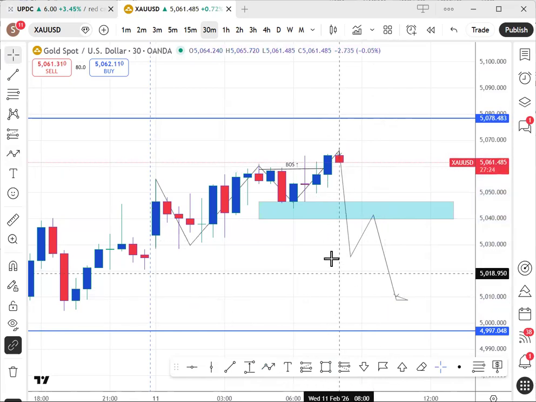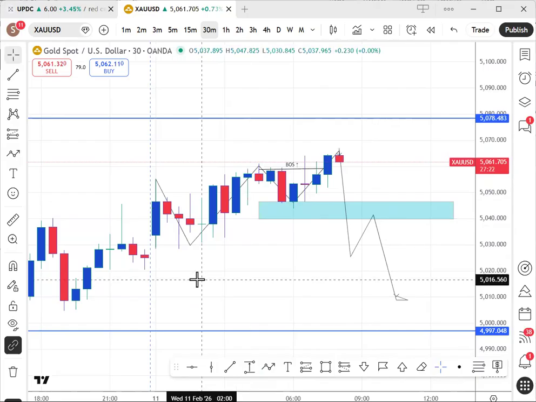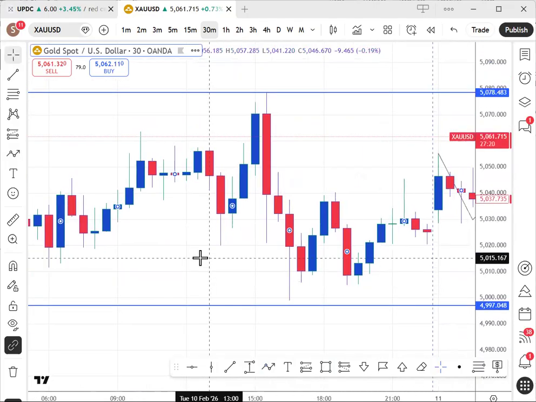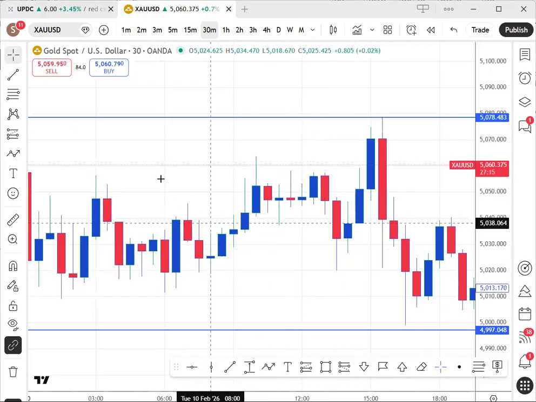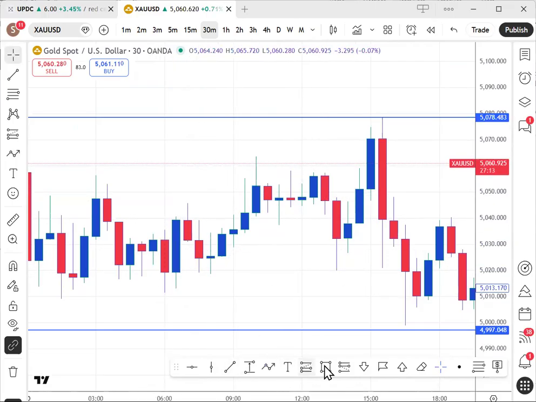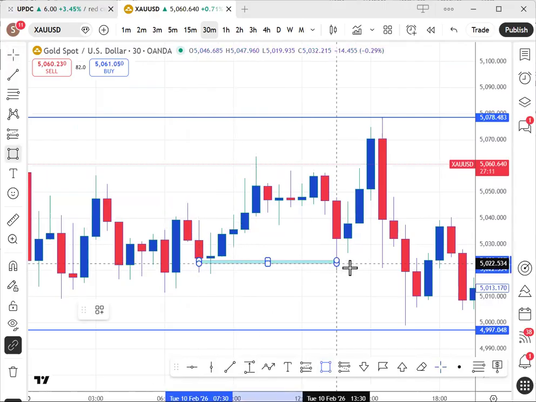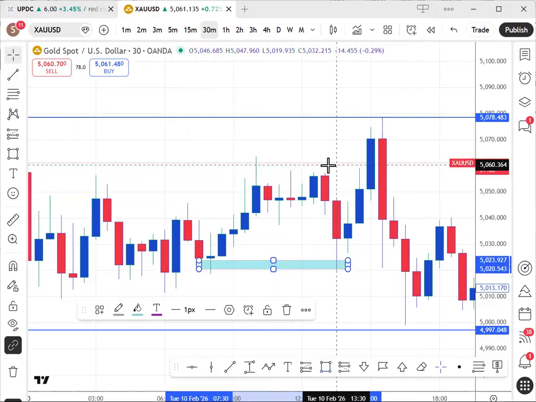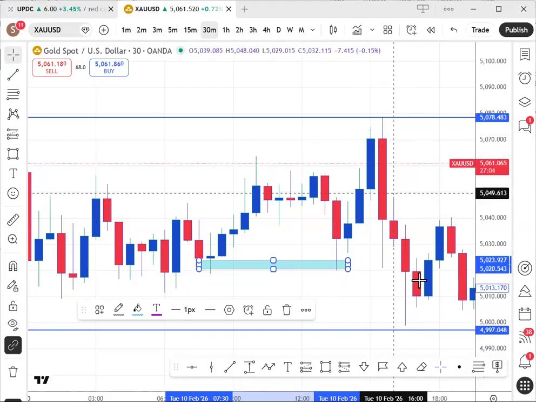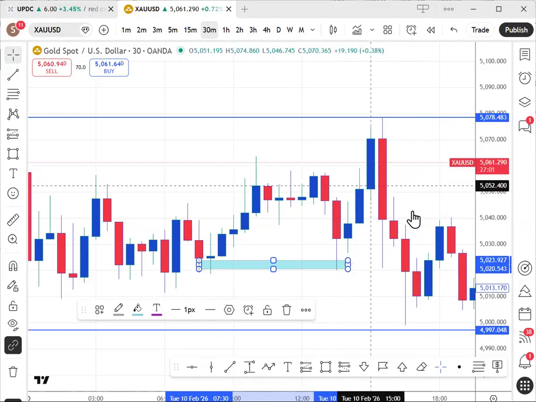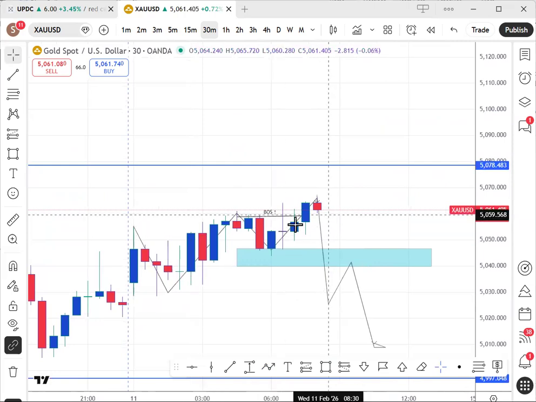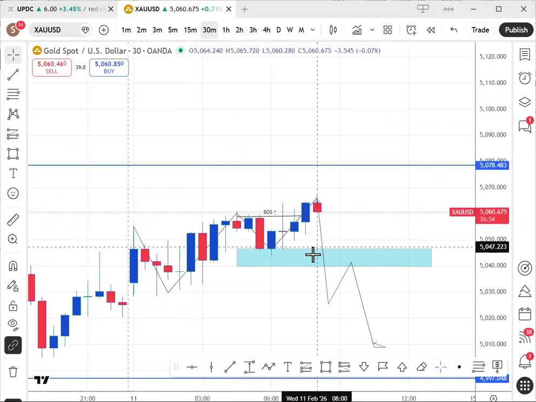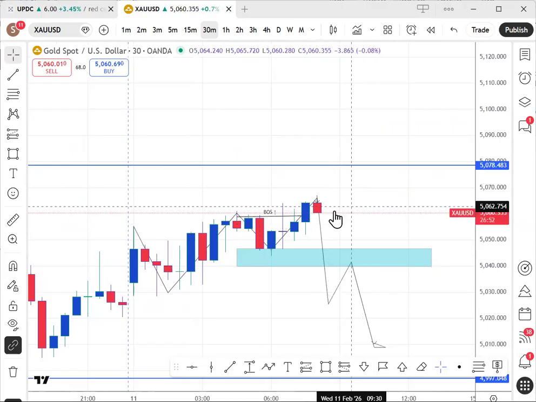But would it always do that? No, it won't necessarily do that. A typical example is what happened here. Actually, it didn't break it. So this one is a strong ranging market. When the market was here, it pushed down, did as if it wanted to go up, went up first, and then did a break of structure, did not sustain it, and came back down, right? So price can do whatever it wants to do. All you have to do is stay consistent with your process all the time.